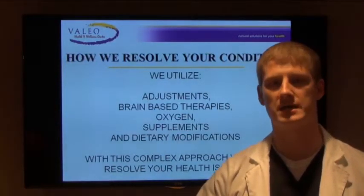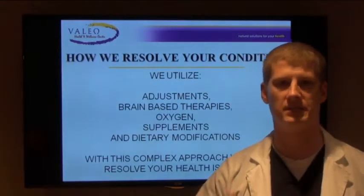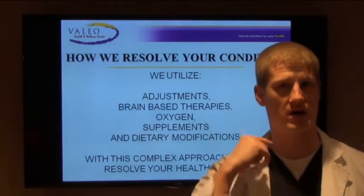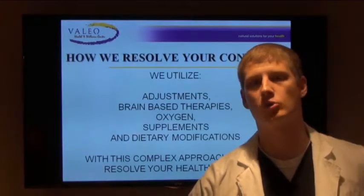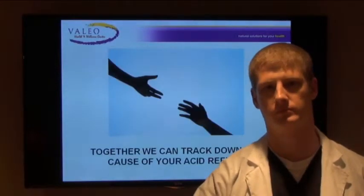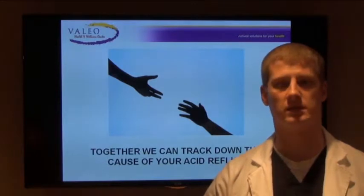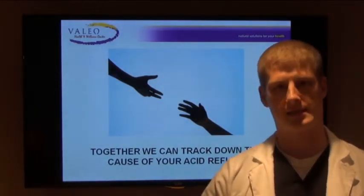These are the ways that we address your condition. Adjustments to get things firing so you get the proper signals to your digestive tract. Brain-based therapies to, again, fire up the pathway from the brain to your stomach. Oxygen helps the body heal quicker, and supplements and dietary modifications. So together we can achieve this healing to get to the root cause of your acid reflux, your inability to